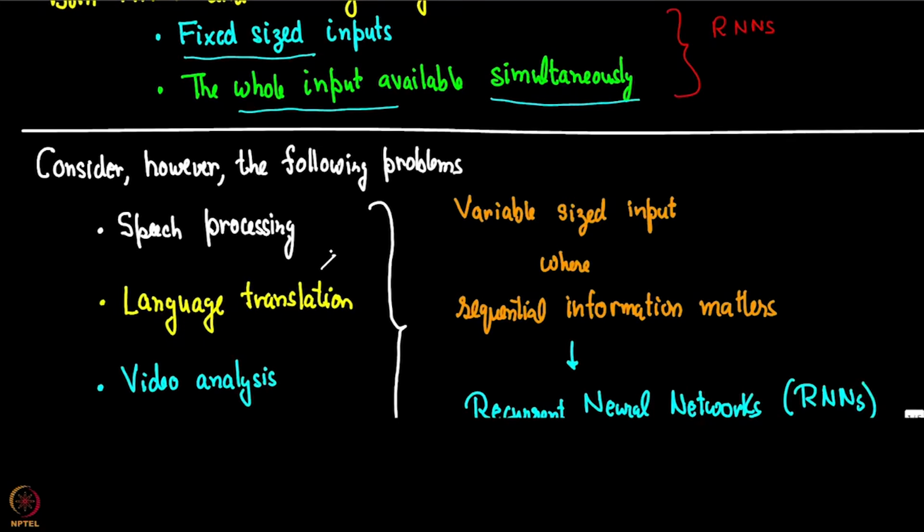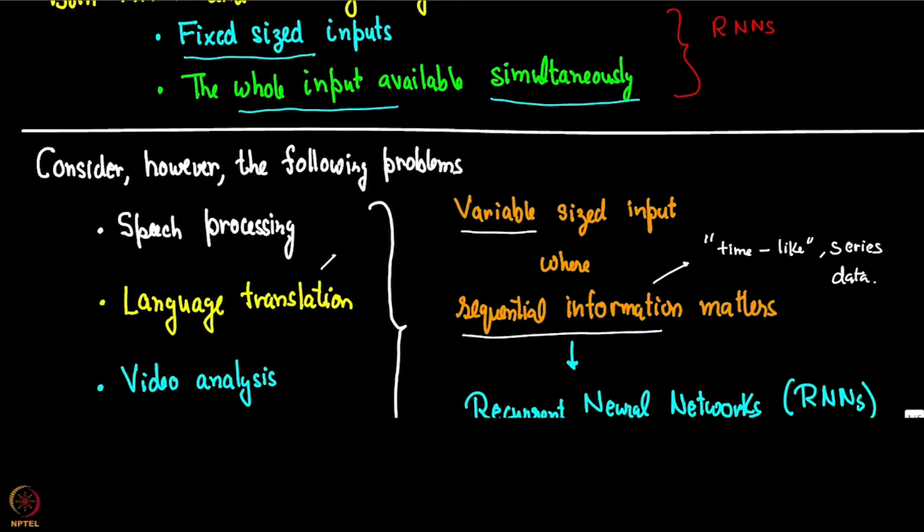So, the key ideas which are important in deciding whether RNN is an appropriate model to use or not is a variable sized input, okay, and sequential information. Even if it is not quite clear what variable sized input is, it will become clear by the end of this video and the next video. Okay. But sequential information is something that is quite important. Now, sequential information typically means in engineering speak time like or time series like data.